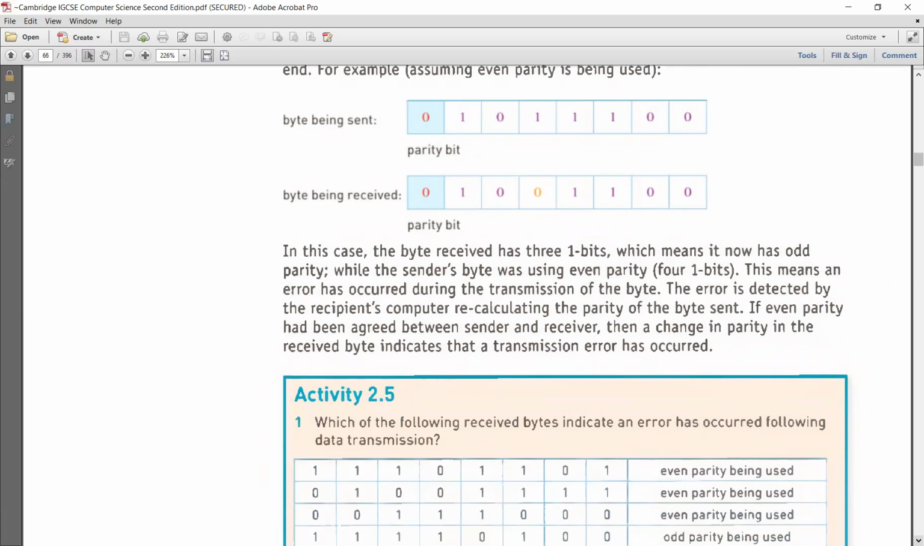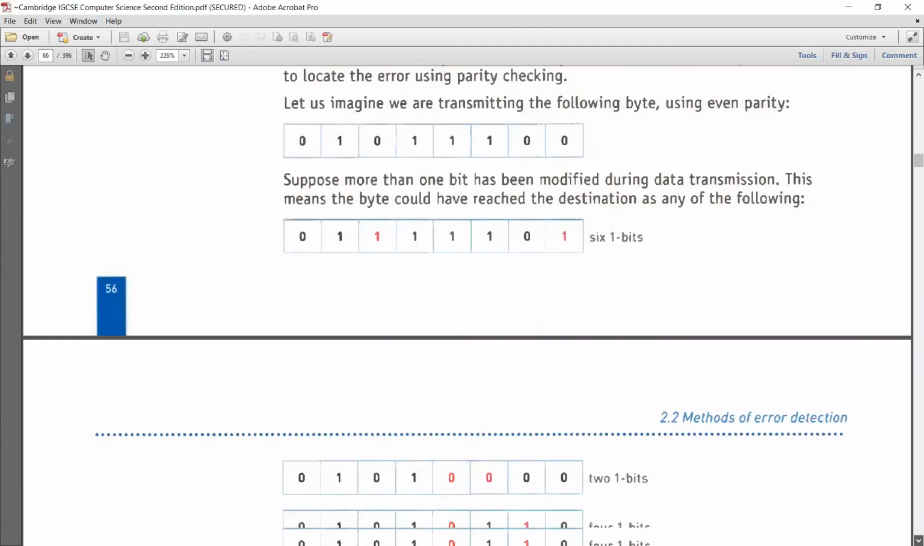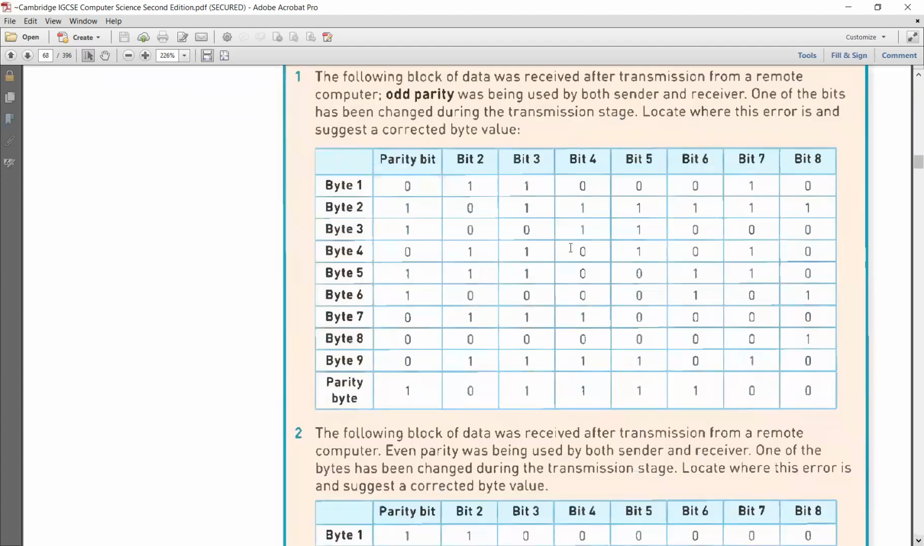So in that case, you will not be working with parity, you will be working with a parity byte, as you can see here. Sometimes we are asked to work with the parity byte. In this case, you are sometimes asked to find out the byte number or the bit number that has a problem,